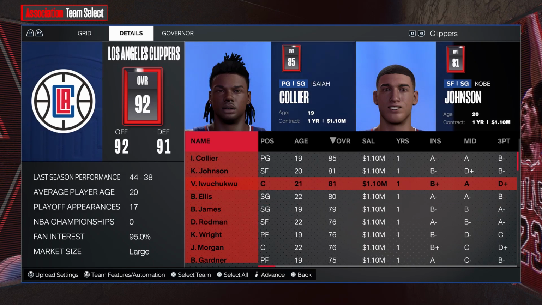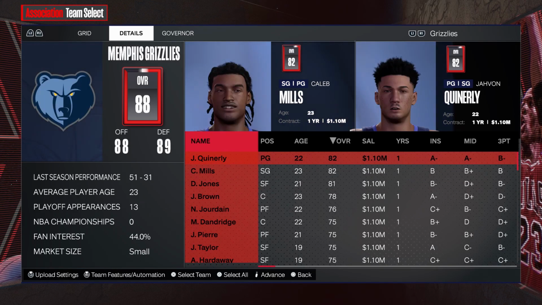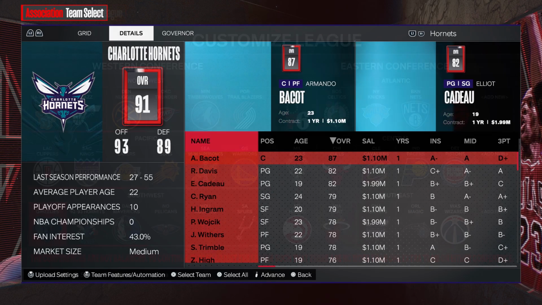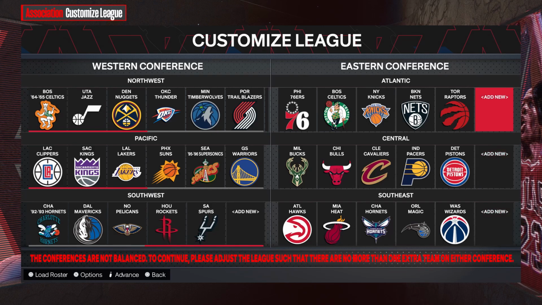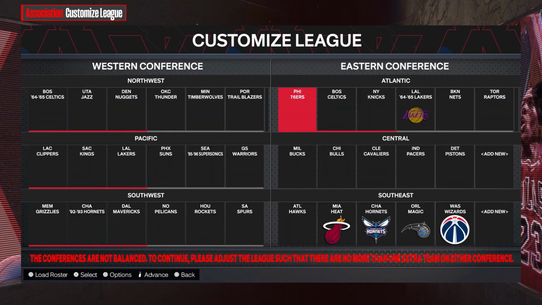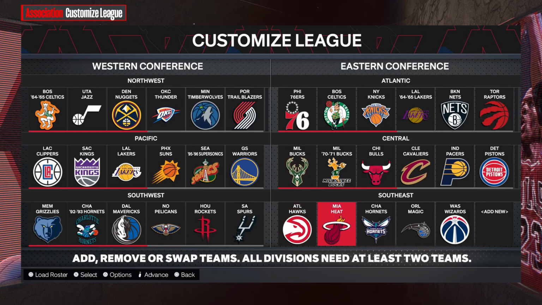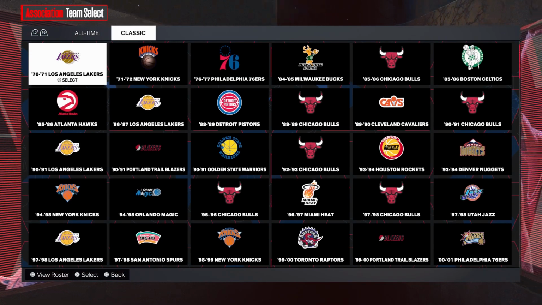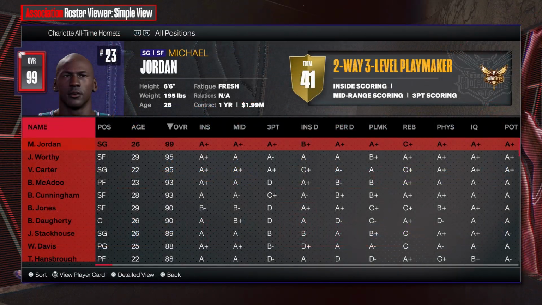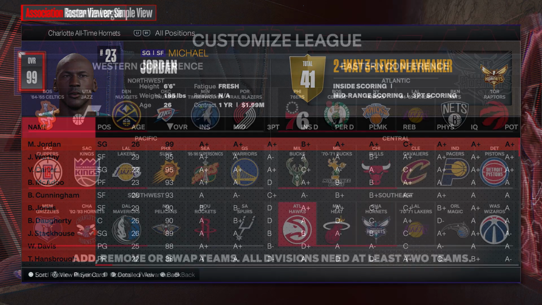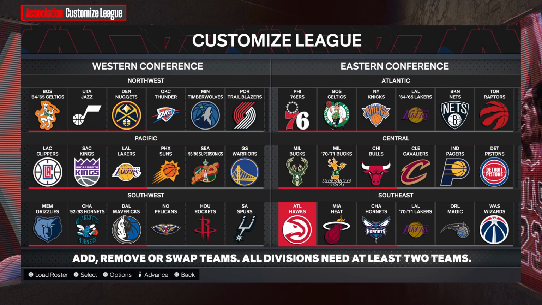So, depending on what teams you want to use for your March Madness experience, you can go ahead, mix and match. If you click Add New and add a team, there's a whole bunch of other college teams associated with different classic team rosters. And then the all-time teams are actually all-time college rosters. So, for example, there is a North Carolina all-time roster that has players such as Vince Carter, Michael Jordan, Kenny Smith. So once you've customized the league as you see fit, you go ahead and advance, and now you are